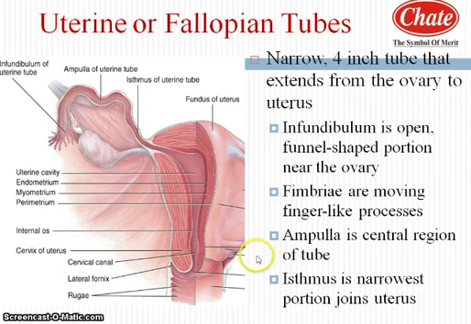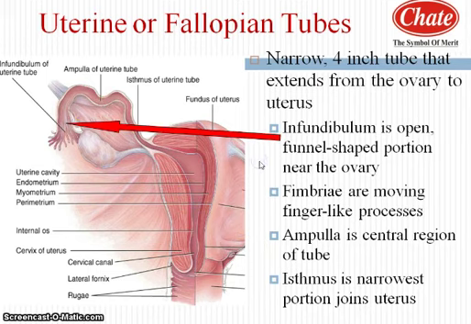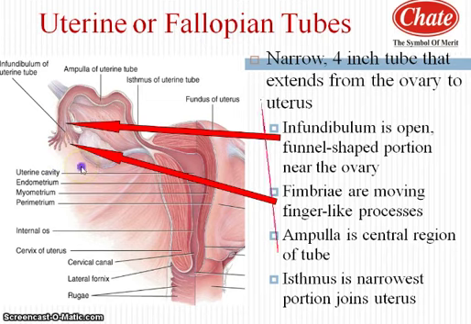Now, the next part, that is the uterine or fallopian tube. The uterine or fallopian tube connects the ovary with the uterus. Average length is 4 inches, means 10 to 12 centimeters is the average length of the fallopian tube, which further divides into three parts, that is the infundibulum, ampulla and isthmus. The first part is the infundibulum. Infundibulum is the anterior 4 centimeter portion, whose anterior side has finger-like projections termed as fimbriae. These fimbriae help to catch the secondary oocyte released during ovulation.